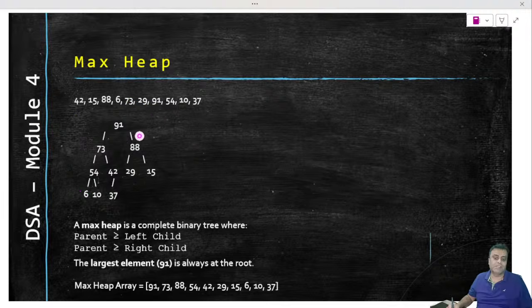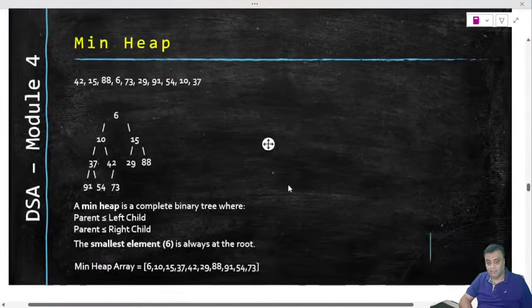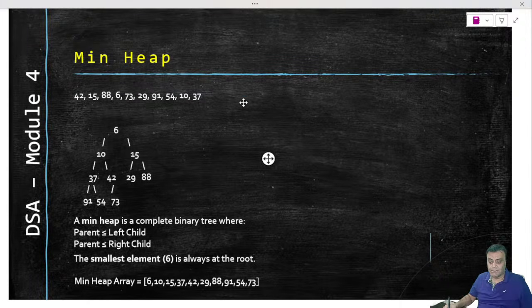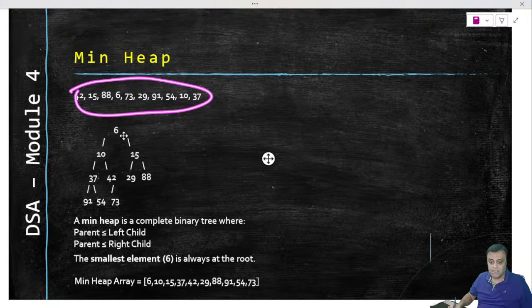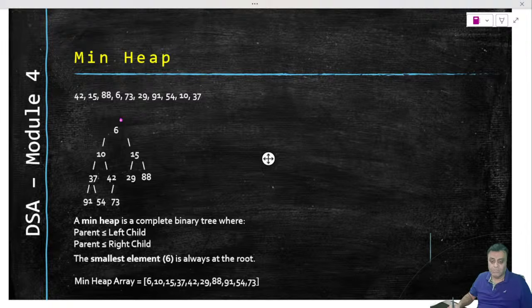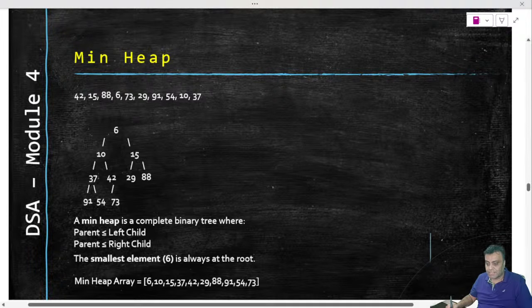If the max heap is structured like this, there is an advantage, and I'll give you that advantage 5 minutes on into this conversation. So what is a min heap then? The same but reverse. So the lowest number will be at the top. Every node below it will be greater. Every node below 10 will be greater, every node below 15 will be greater than 15, every node below 37 will be greater, and so on and so forth. So that is your min heap. So this is max heap and min heap for you.